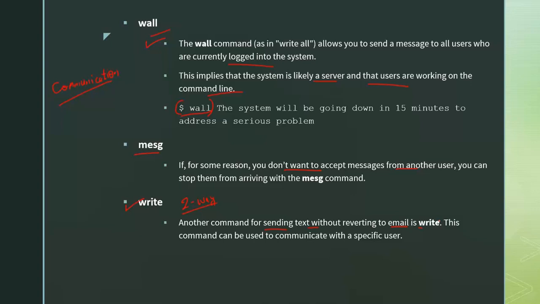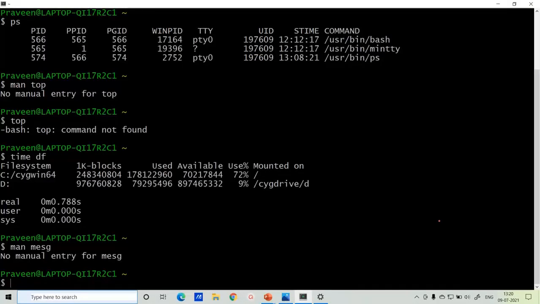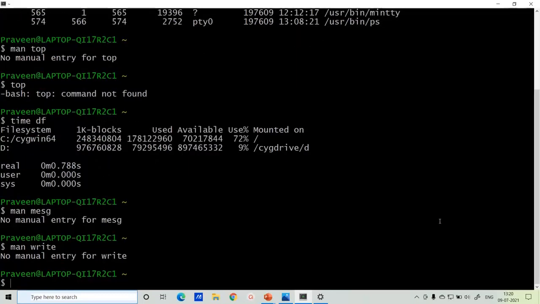Then you can give any message that you want to pass. Once that is given, the message will be sent to the user. We'll just check whether write is available or not. So write is also not available.